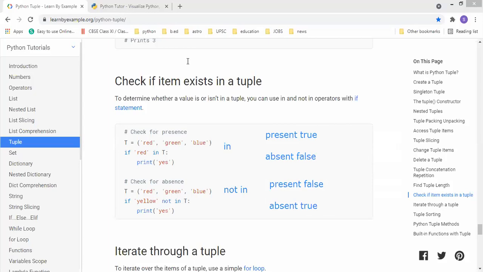So students, you can write down these things. In operator: if it is present, it will display true; if the value is absent, it will return false. But in not in operator, if it is present, it will return false. It checks unavailability; it should be not available in the particular list or tuple. Only if it is absent will it return true. Understood? Yes, sir.